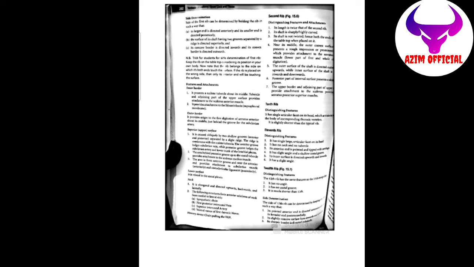You will say, sir, this is the right-sided or left-sided first rib. You will identify your side, and then say it is directed upwards, backwards, and laterally in your body mainly. Its anterior end is larger and thicker, and the posterior end is